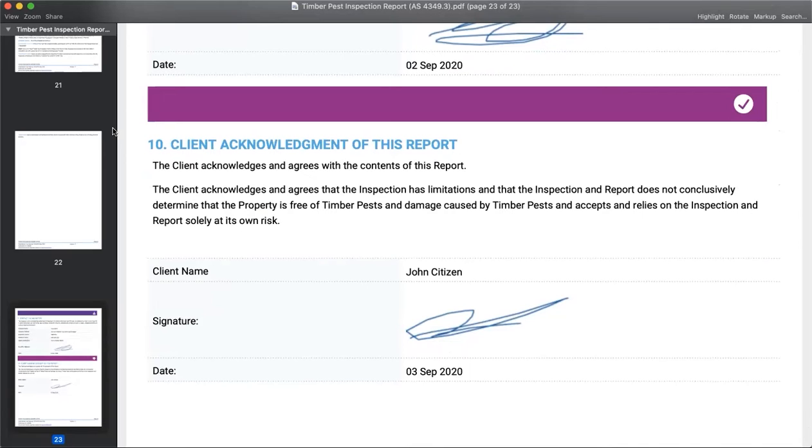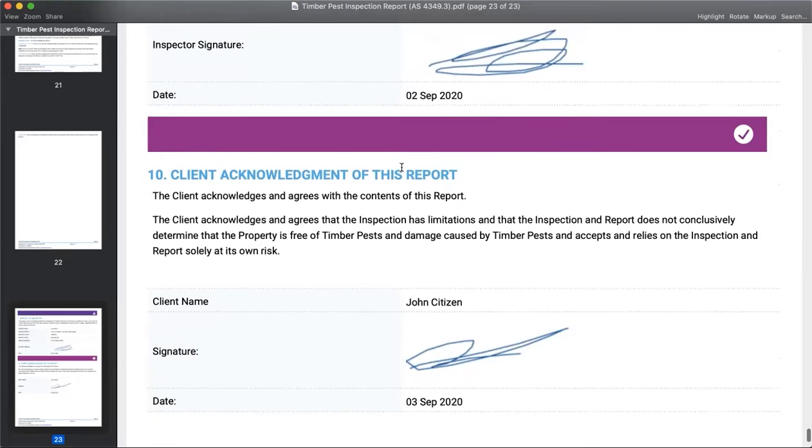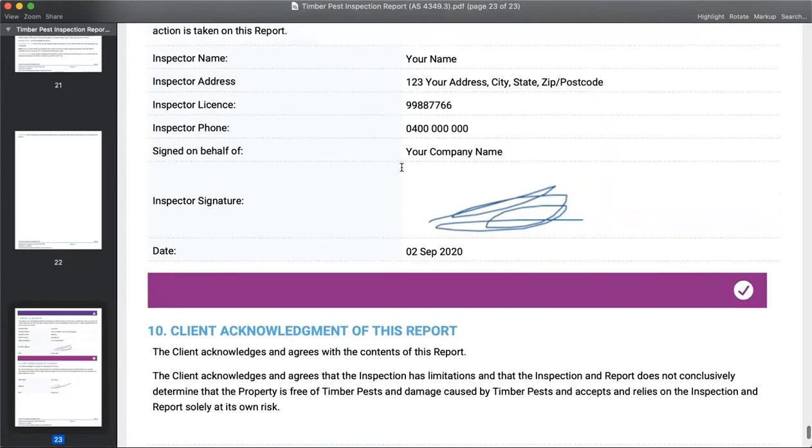So once again, a really nice professional looking report, and there's lots of automation that can happen in the background of reports like this as well. You might have it so that as soon as this is submitted, it automatically sends a copy of this report straight to the client. So before you've even left the driveway of the property, this client has received a really detailed report with all of the details that you've entered into it, and you can move straight on to your